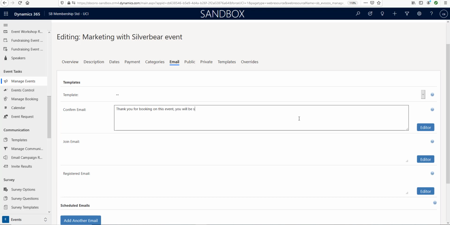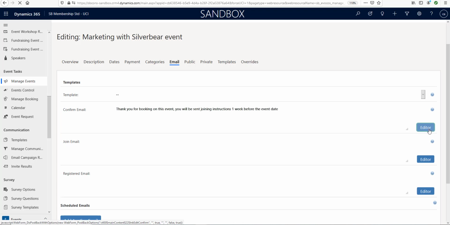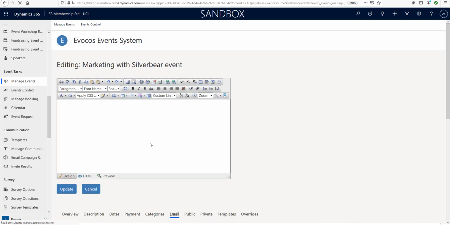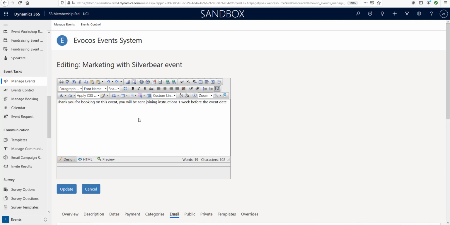You will be sent joining instructions 1 week before the event date. Probably you're going to write something a bit different than that, but this is where you would put in that confirm email. And once again, we have an editor. So if I just press the editor button, okay, and then you get into exactly the same sort of editor system as before,